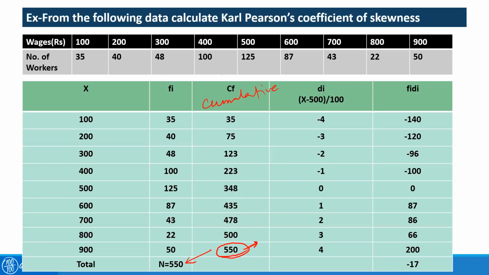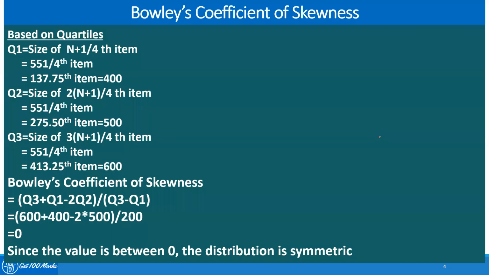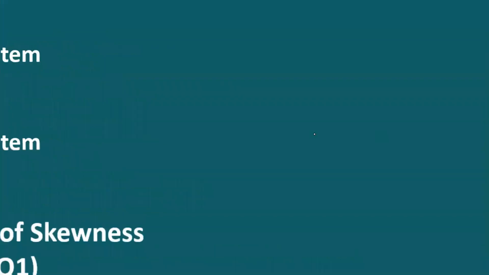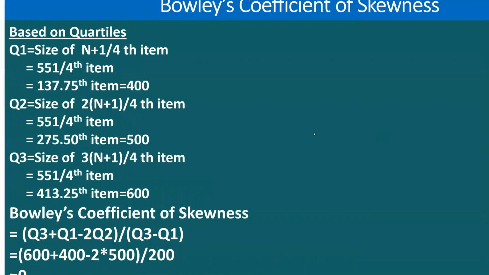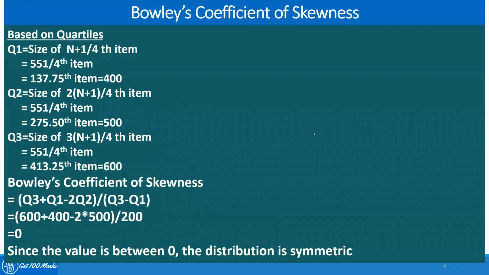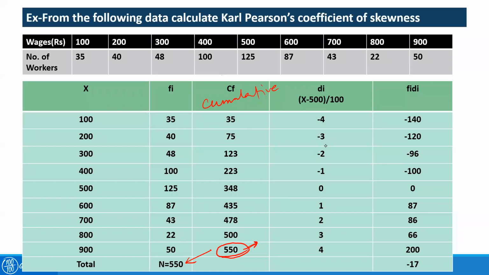Now let's have a look at how we calculate Q3 and Q1. Q1 is the (n plus 1) by 4th item, therefore 551 by 4th item. It's coming as 137.5. We should see which value just crossed that, which is equal to or more. So the value is 223, and I get Q1 equals 223.